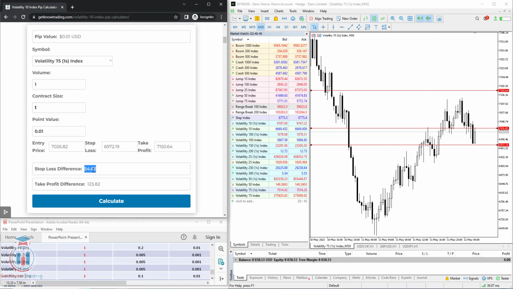That is the price difference on the chart. But when you copy this value here inside the point value, you will calculate how much that would be in US dollars. And that means with the volume 1 and the contract size is 1. The same is for the take profit. When you copy this value here, you get